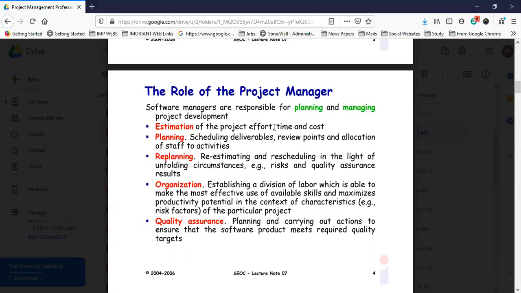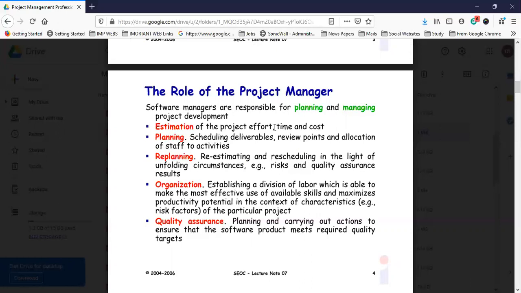So that is what the cost is, how much time it will take, and how much effort is required for your resources. And once you have the answer, you can follow the work breakdown structure, provide activities to different resources, and then you can do controlling and monitoring sort of things.